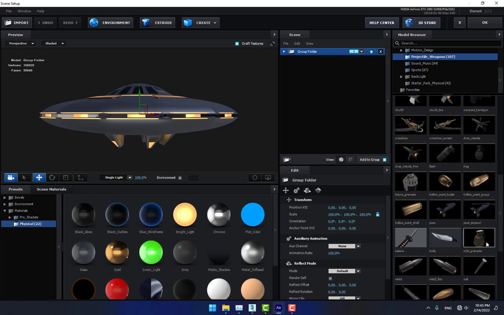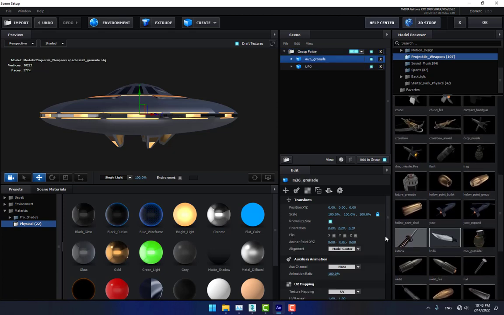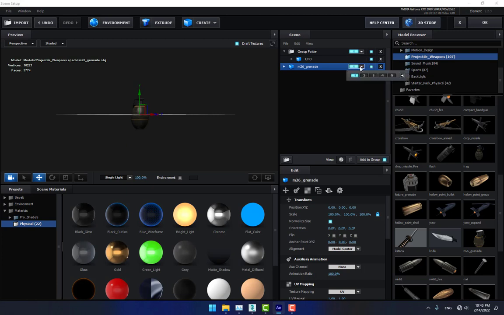What about this grenade? I think this grenade is very good, so let's select the grenade and change it to group 2